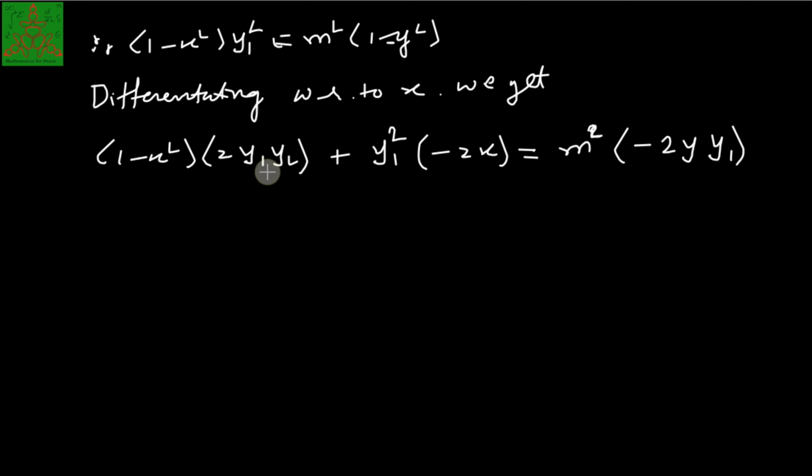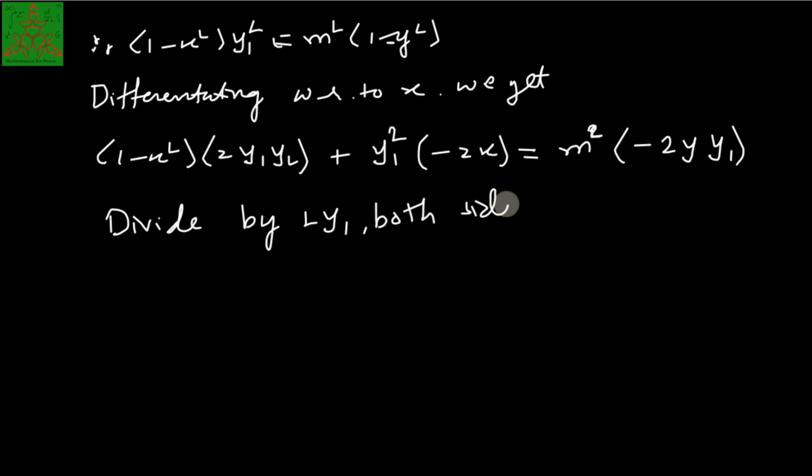You must observe that this y1 is common on the left hand and right hand side, and it will be cancelled. So dividing by 2y1 on both sides, we get the result. One more question one can ask is: we can divide by anything if it is non-zero. So is y1 non-zero here? The answer to this is